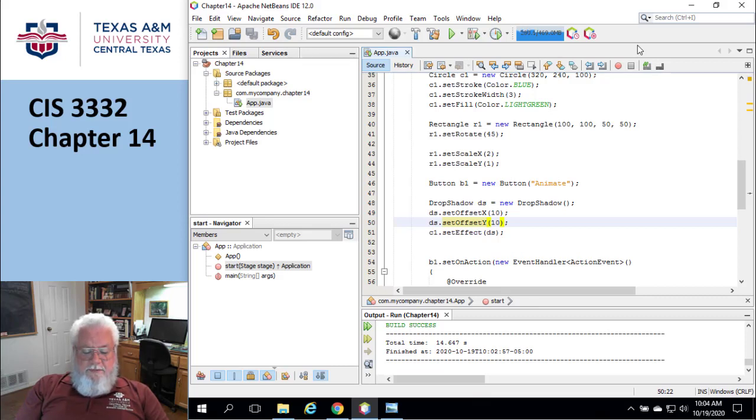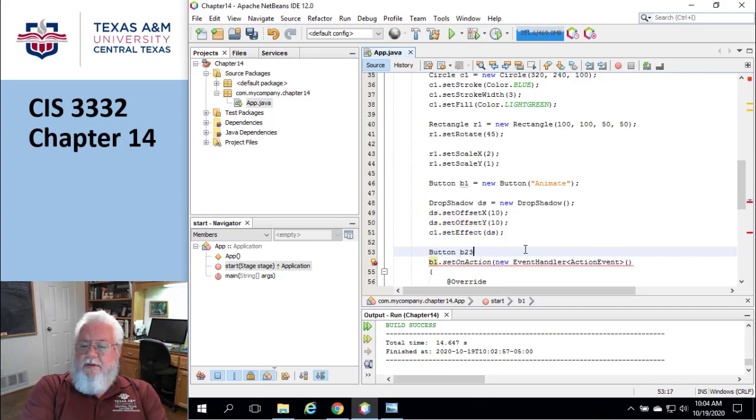I'm getting ready to use what's called the media and the media player classes, okay? So I'm going to go ahead and start this up. I need another button to do this with, so I'm going to create another button here, because I don't want it to just blare out every time I launch the application. So this is going to be button 2 is equal to new button